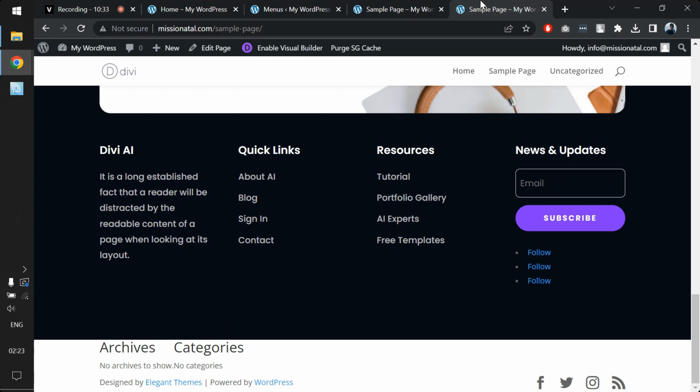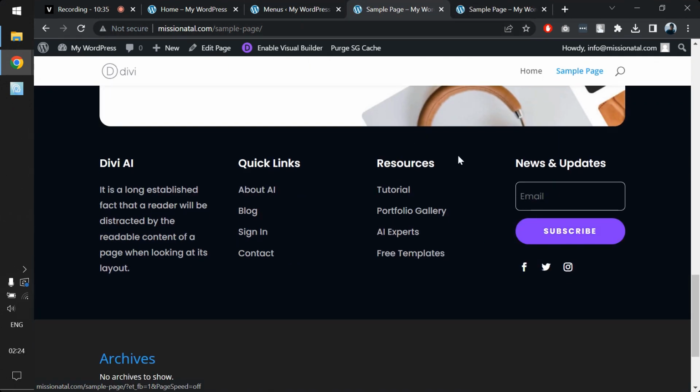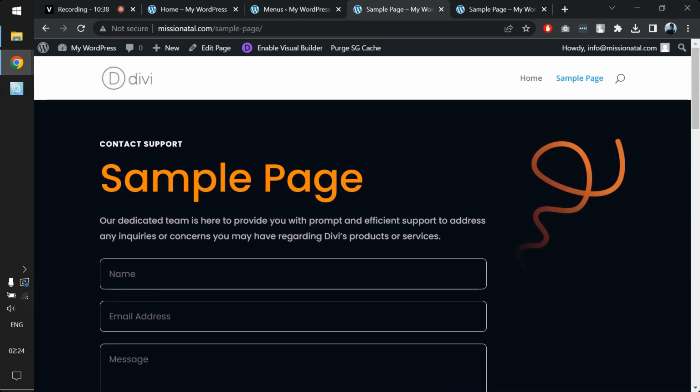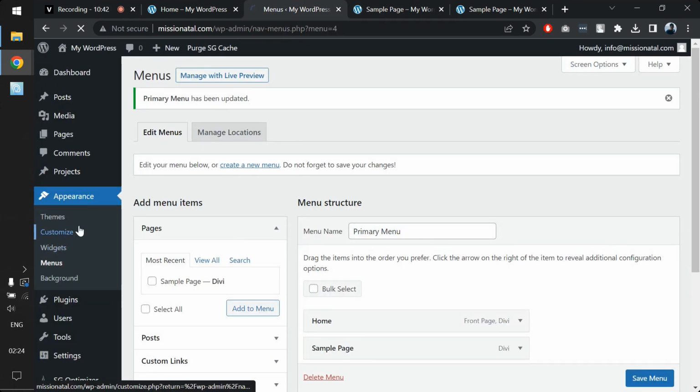Oh, and just refresh this page. So now the menu is improved, right? Only the pages that I want are here. Now I'll go to customize,